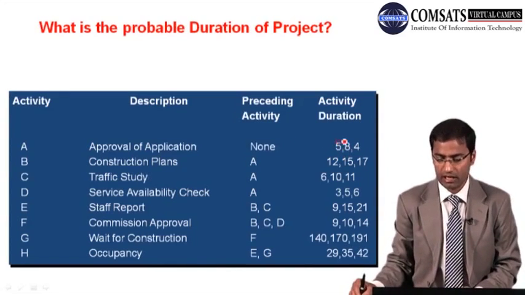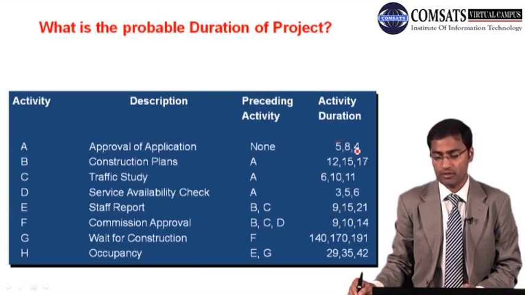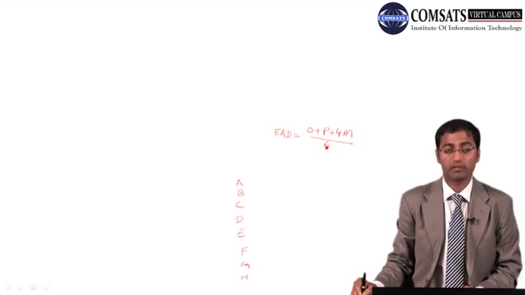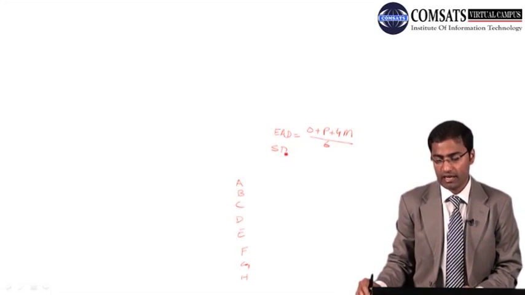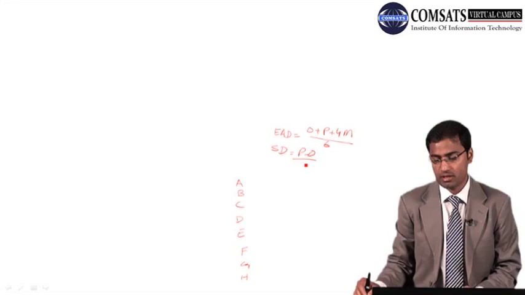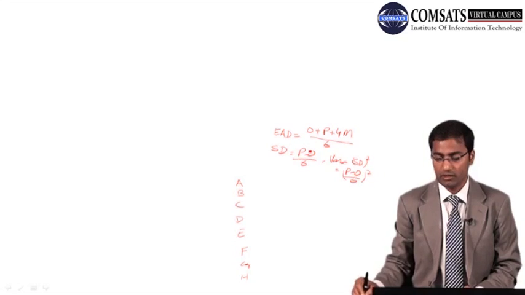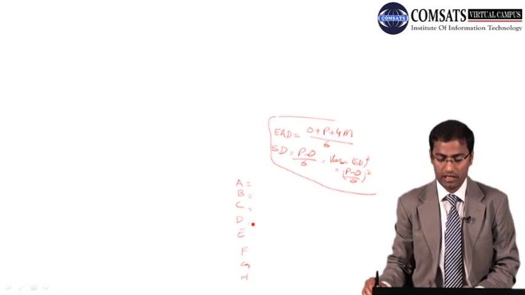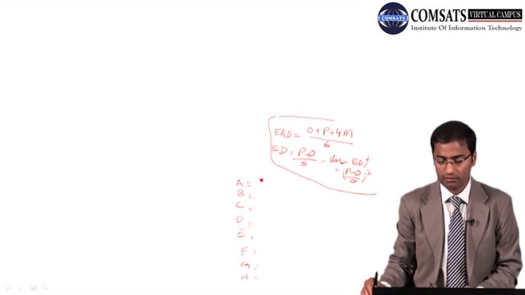So for activity A, we have 5 as most likely, 8 as pessimistic, and 4 as optimistic. We will use that formula for expected duration, and then we have a formula for standard deviation, which is pessimistic minus optimistic divided by 6, and variance is equal to standard deviation squared, that is P minus O by 6 squared. Okay, so we are going to use these formulas. If we complete that for A, B, and C, we will have